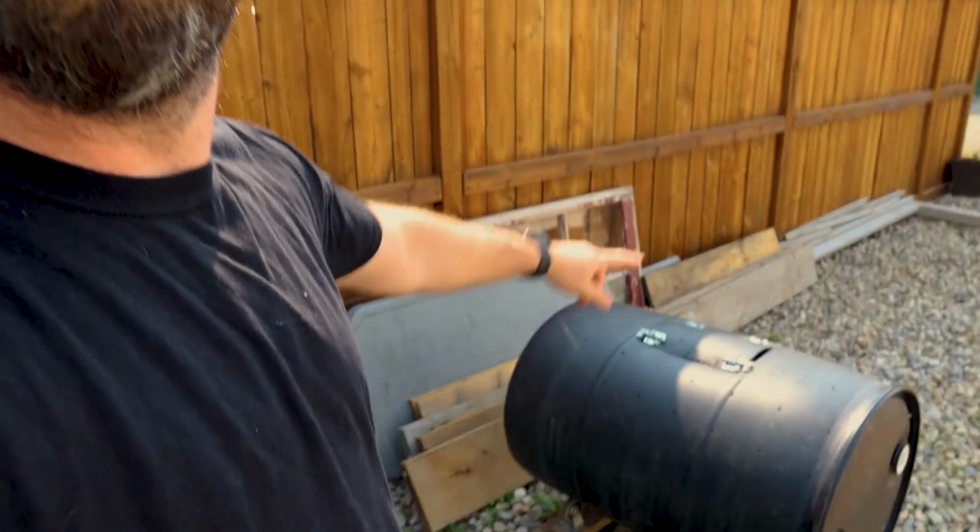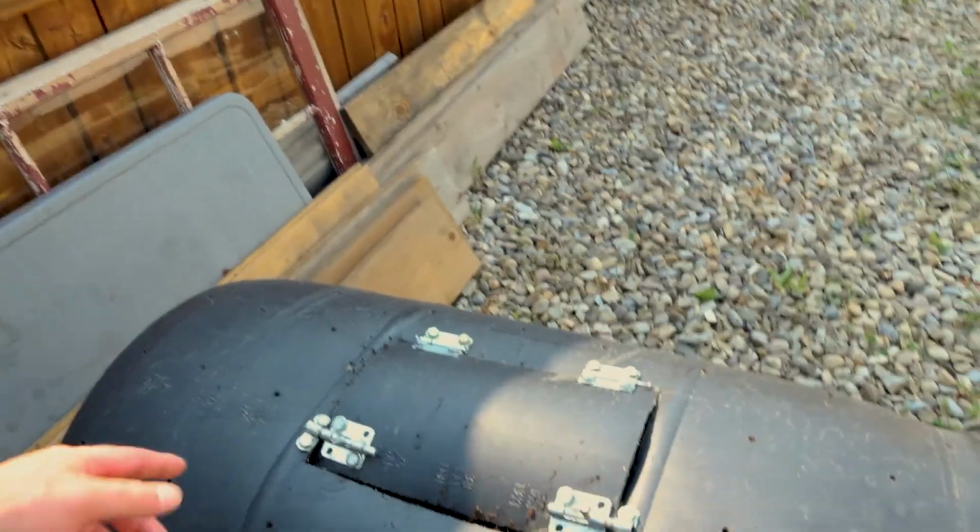So in today's video, I want to teach you guys how I compost, and better yet, how I compost as fast as I've come across so far. So down here, I've got my compost bin, which I built last summer. And right now,